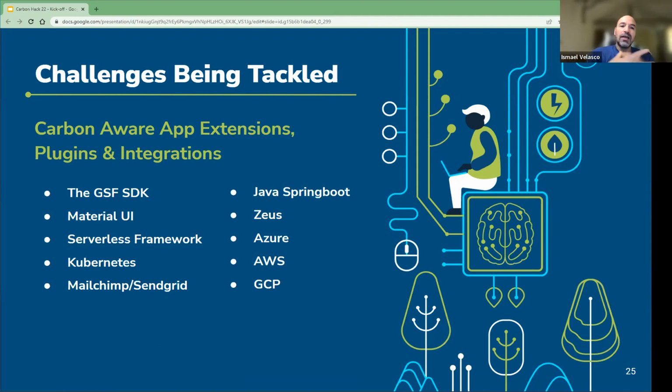So at the moment, it supports Electricity Maps, but if you are, like me, from Mexico, you might want to tap into a different data set to be able to get information. Also, the SDK allows you to use not just live data APIs, but also historic data sets. So if you've got a data set from an electricity provider somewhere, you could use it as well. So that's one area of extension. If you do it and make it easy for others to use, then you've extended this app and you've empowered